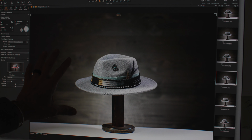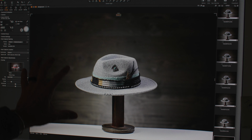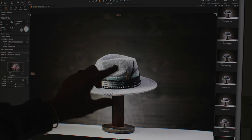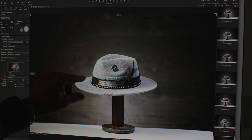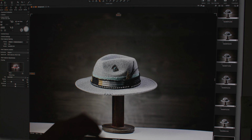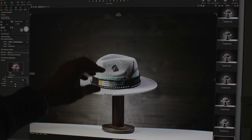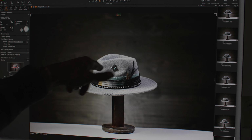Okay, so I've adjusted up. This is before, so you could still see that little bit of a shadow there. We pop up that main light, that goes away, and it bumps up the contrast a bit too, which is nice. So we still get a nice contour and shape to the hat. And now I'll go in and do detail shots of all these things and the other side of the hat